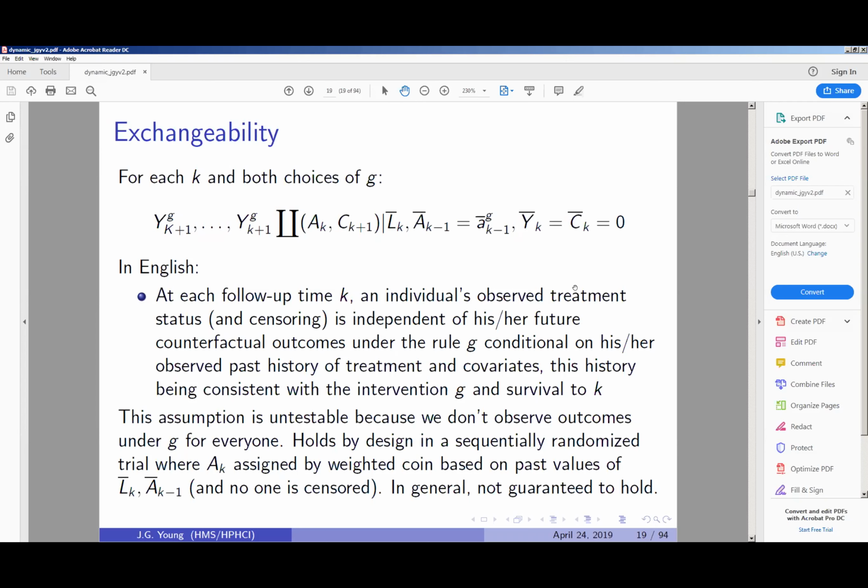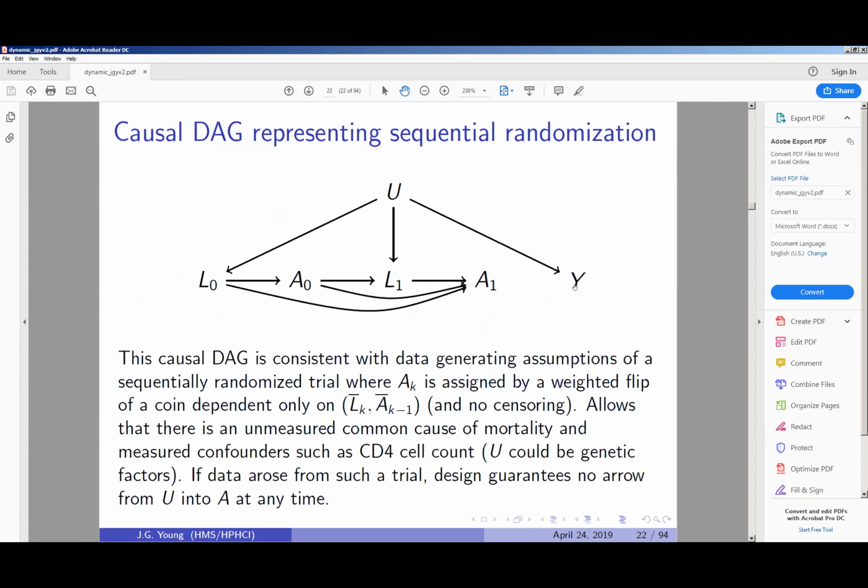But I think another nice way to assess whether extreme weights, or basically near positivity violations, are causing a large problem in your IPW estimator is to look at another method. That's not formal, it's sort of ad hoc, but that's what a lot of people recommend: look at, say, a non-weighted estimator, and see whether you're getting similar results. You can also look at whether the weight distribution is skewed. Is the mean close to 1? Is the mean very different from the median?